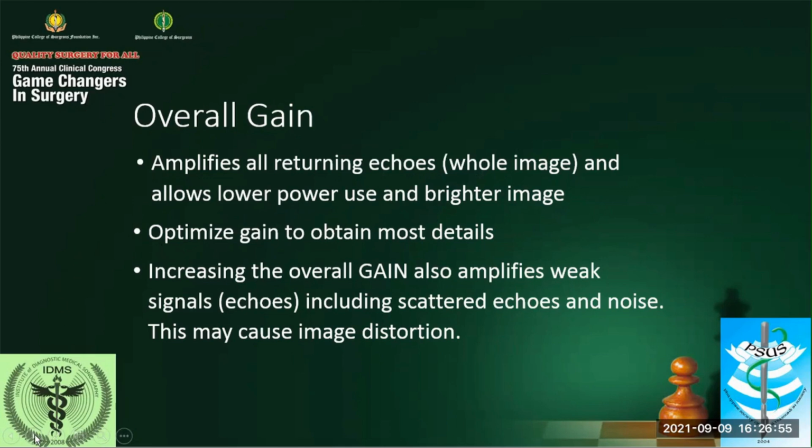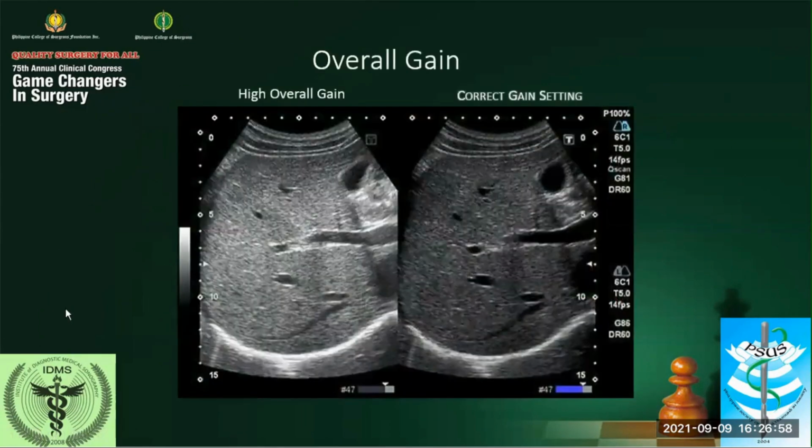If it is decreased too low, then the image becomes very dark, which is also not good. Now, what is the optimum image? That will depend on what you are scanning. So here, these are actually both acceptable images, but on the left, you have a higher overall gain. On the right, you have a darker, lower overall gain setting. In this case, this is the better image. Why? Here, you have no internal echoes. This is a high gain setting because there seem to be internal echoes here, which should not be the case.